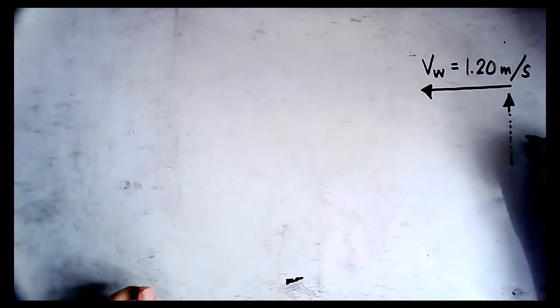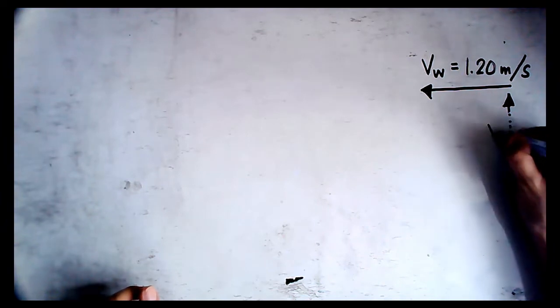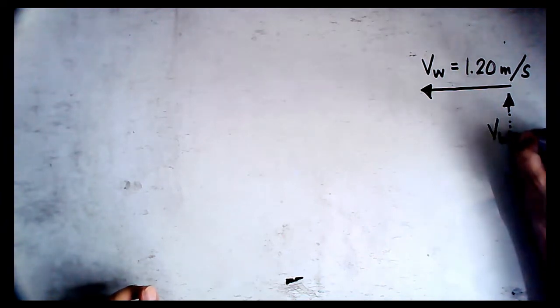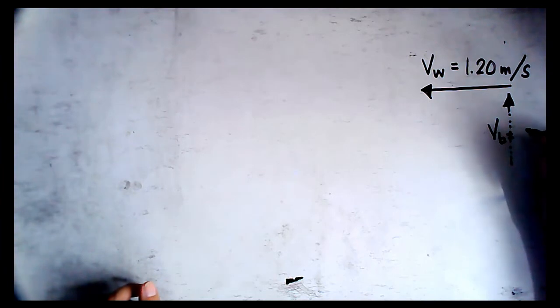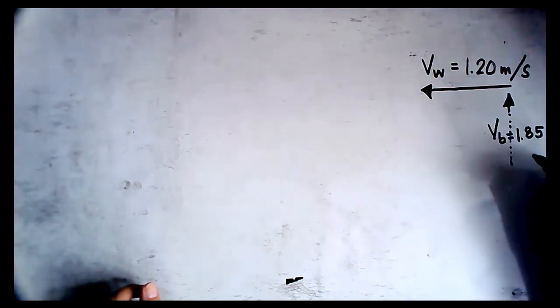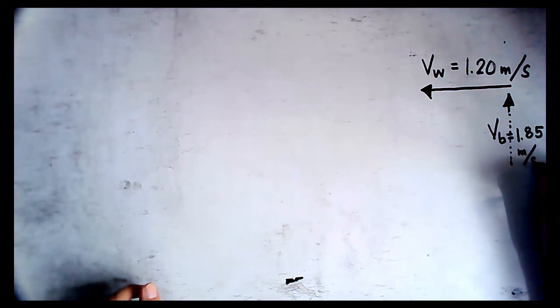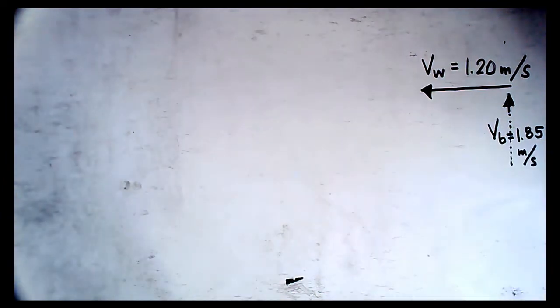Let us represent this to be the velocity of the boat, which is given 1.85 meters per second. So the question here is, what is the magnitude and direction of the velocity of the boat